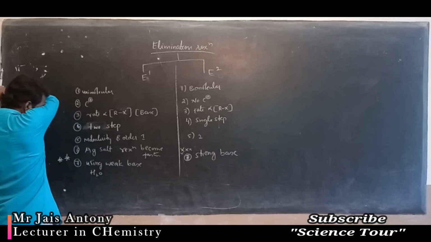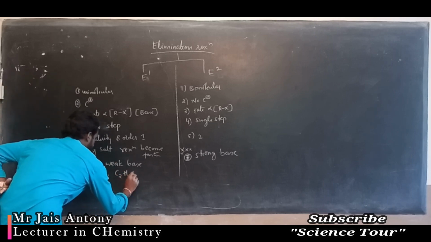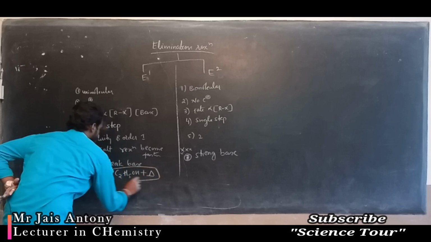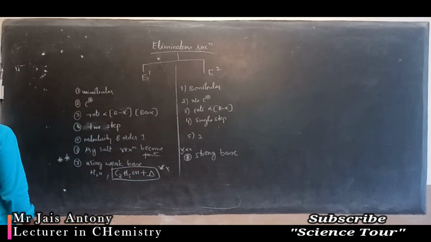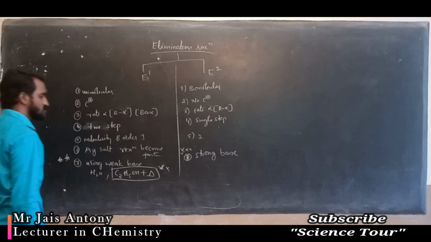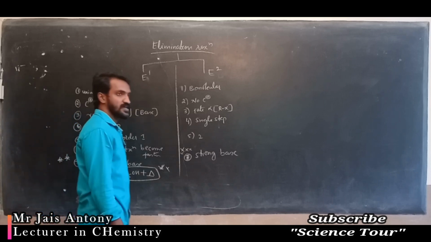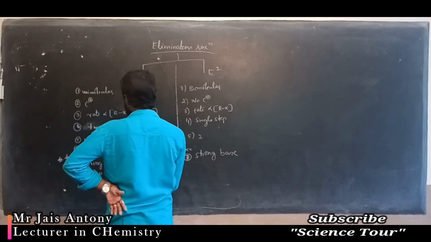And another important base used here is actually alcohol. Alcohol plus heating, delta symbol, note down this star. Alcohol plus heating. Why is heating required? Because it is a weak base. Understood? Alcohol, how does it become a base? C2H5O minus, correct? So alcohol and heating, this is a weak base.